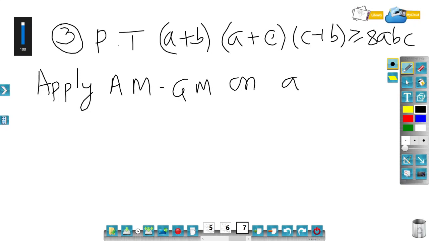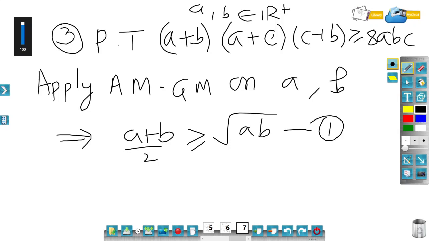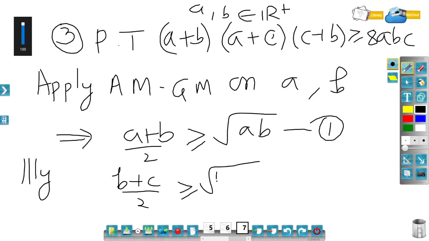on a comma b. So what I will get is as follows. Of course I need to assume that a and b are positive real numbers. If they are not positive real numbers, then you cannot apply the AM-GM property. So this would imply (a plus b) divided by 2 is greater than or equal to under root of ab. Let's number this as 1. Similarly, we can see that (b plus c) by 2 is greater than or equal to under root of b into c. Number this as 2. And the third one, (a plus c) divided by 2 is greater than or equal to under root of a into